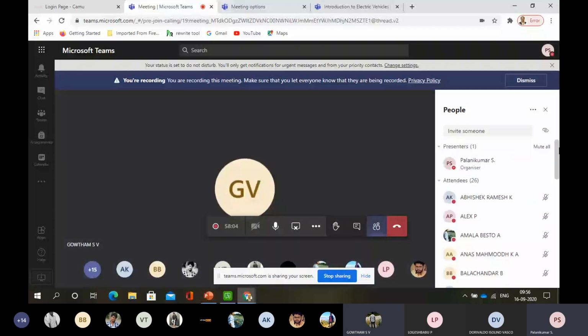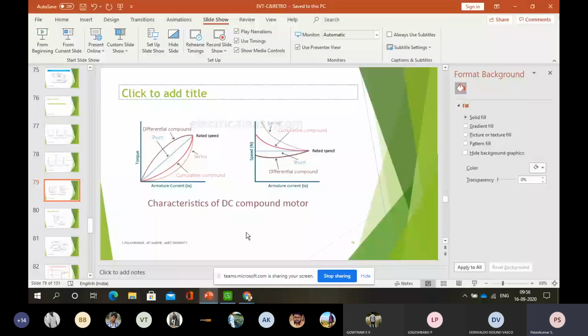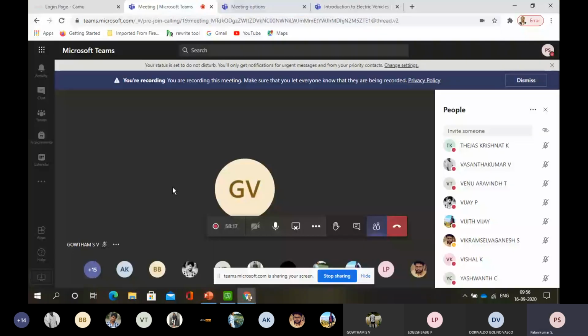Okay, now almost, we'll continue this discussion of the characteristics in the next class also. Is there any clarification? As I told, the second and fourth units of this Introduction to Electrical Vehicles are very important to understand the concepts in depth. Of course, the first unit is completely history: what is the vehicle mechanism, and what are the different varieties of vehicles now available.